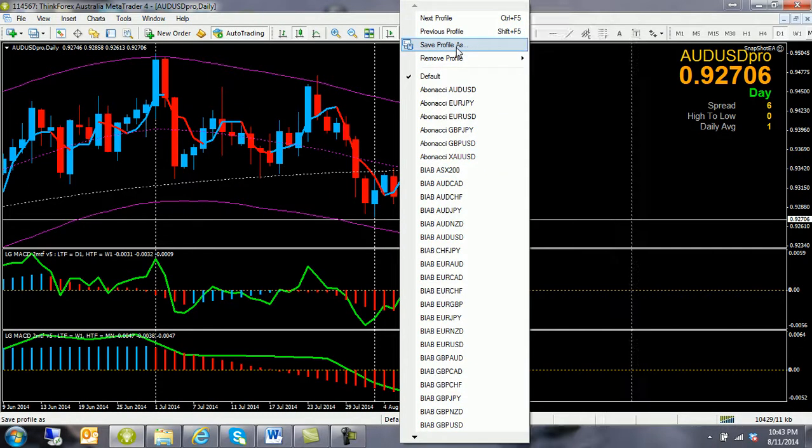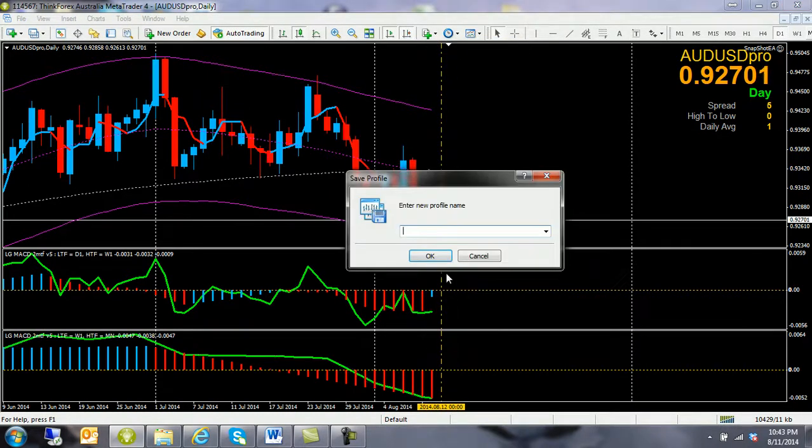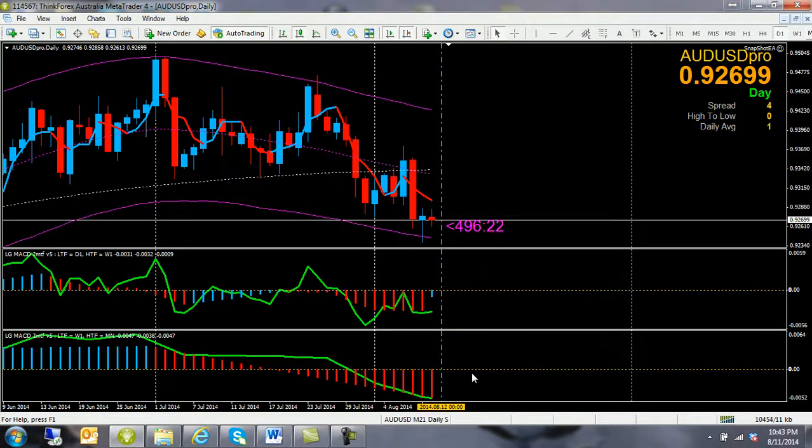So if you save it as AUD USD snapshot, click OK. Now we use this profile for evaluating our trades,